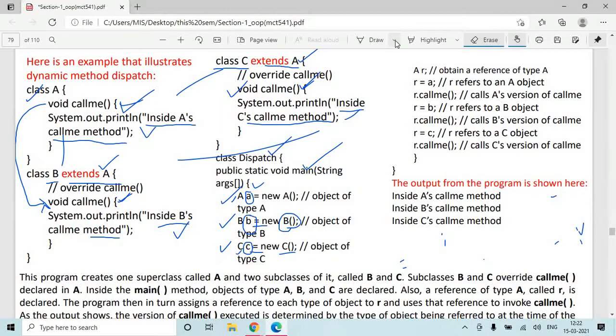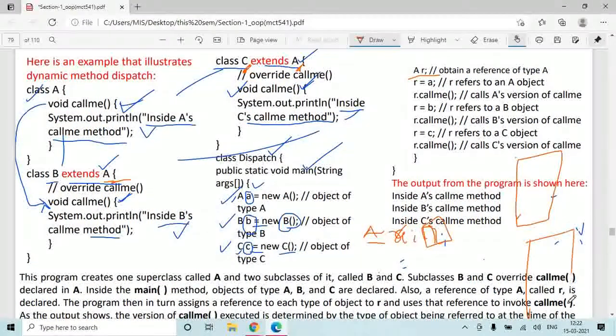Say here you have a class A, so this is a reference of A. Let's say we have written A R. If we write simply like this, it means we have created a reference R and it is of type A. Now two classes are derived from class A, one is class B and one is class C. So let's say there is an object of B and there is an object of C. Now you can access B's object as well as C's object with a reference to your superclass.